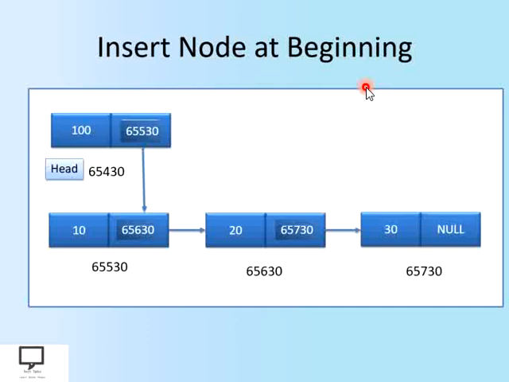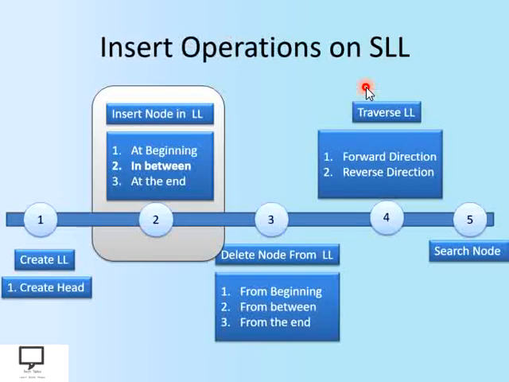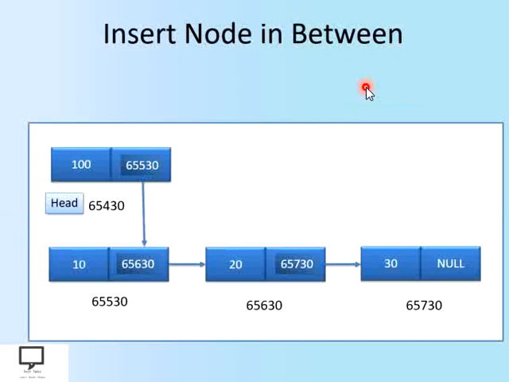Now let's move forward for the next type of the insertion of a node, that is nothing but in between. It means that we are going to insert a node in between at any location or after any particular node in a given linked list. So now again let's assume that we are having a linked list with us with these 4 nodes, from which this one is our head node.